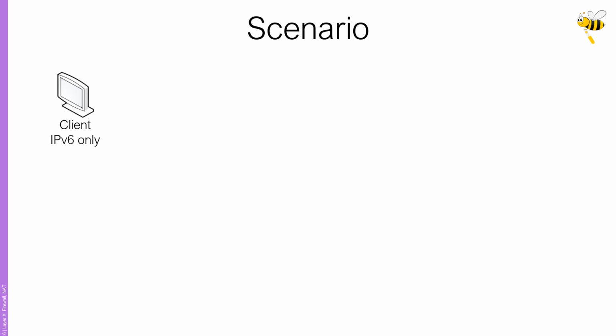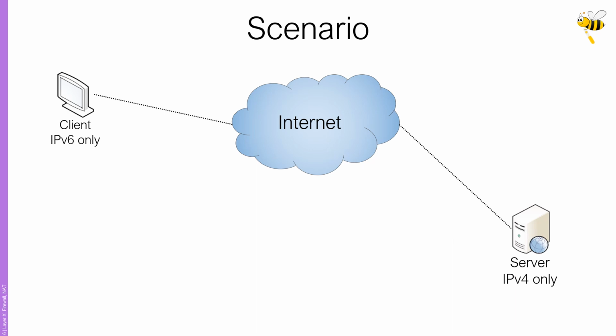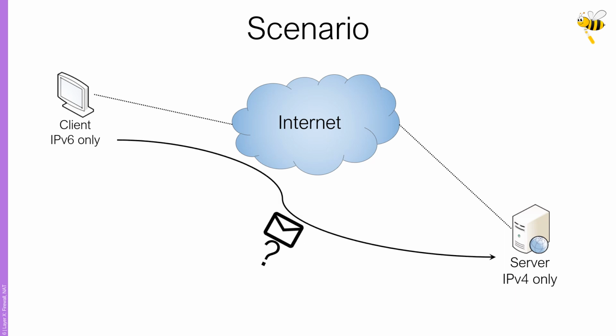Now we also have an IPv4 only server somewhere in the internet, here at the bottom right. An example could be an older privately hosted server that was never upgraded to support IPv6. Both of them are somehow connected over the internet, involving multiple routers in between. However, as a user, we want to access the IPv4 only server. But as both hosts use different protocol versions, one IPv4, one IPv6, there is no way that these hosts directly communicate with each other.